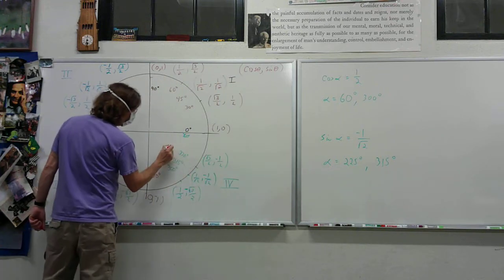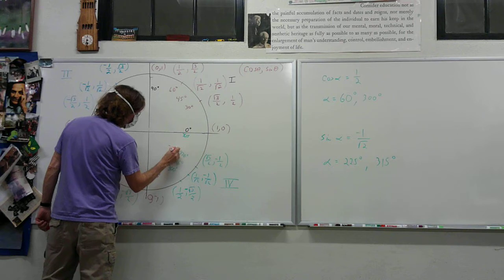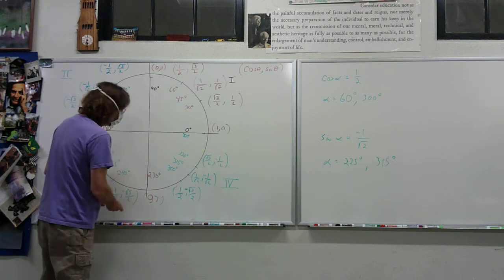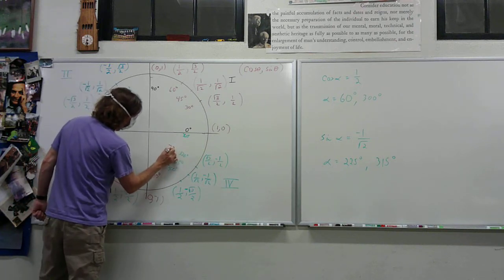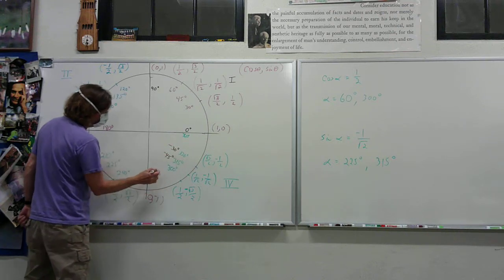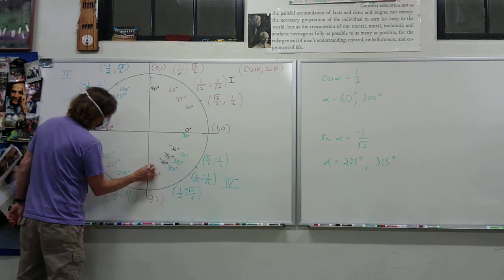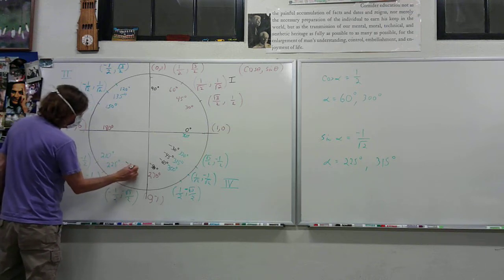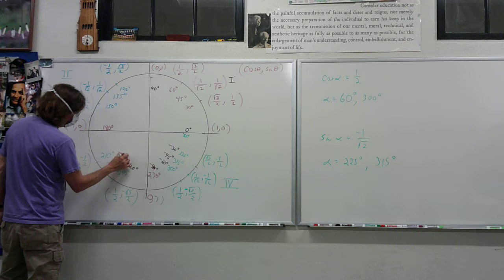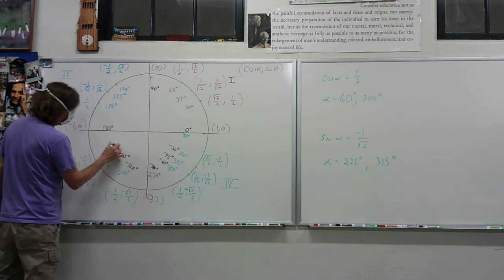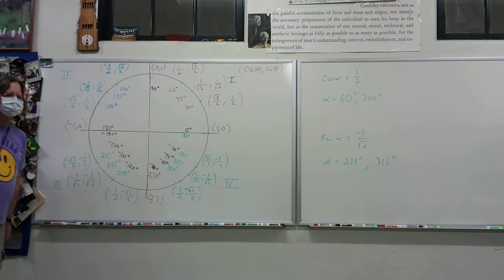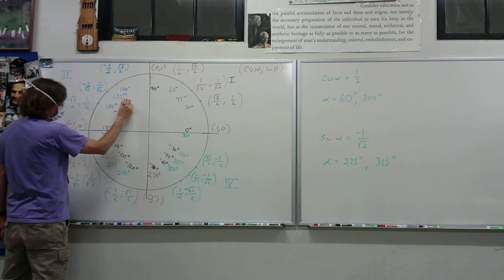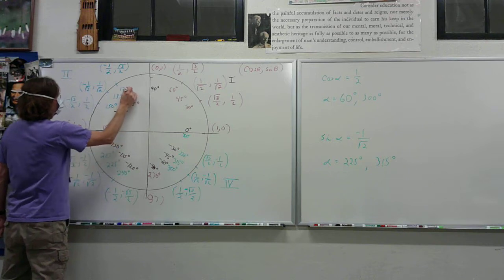This is also negative 30. Negative 30, negative 45, negative 60, negative 90. Can you keep going on your own? Negative 120, negative, and this is also negative 180. And then this would be negative 210, negative 225, negative